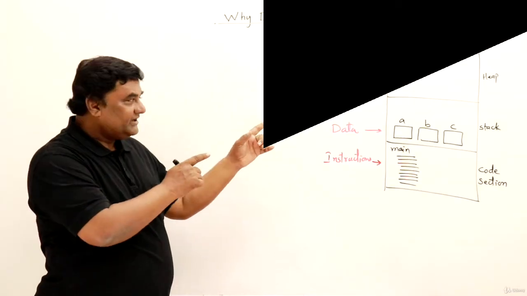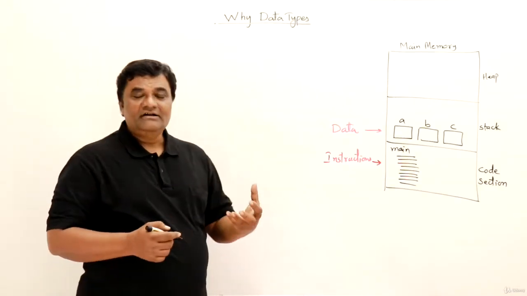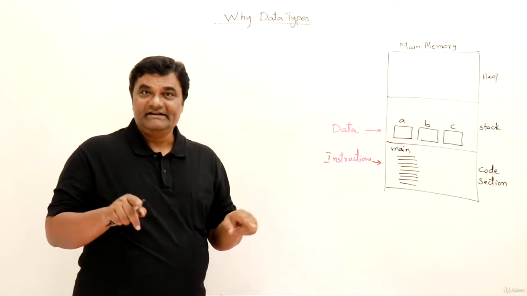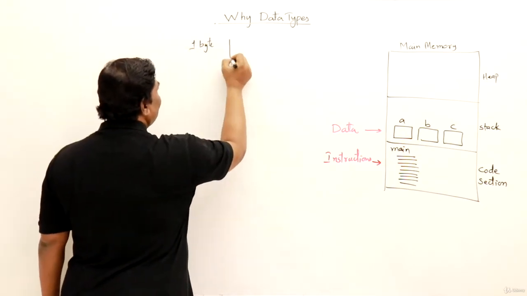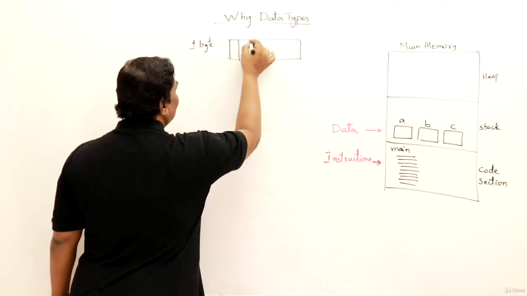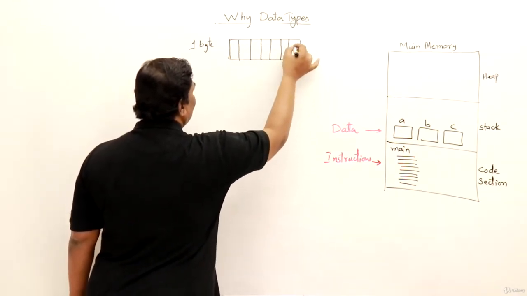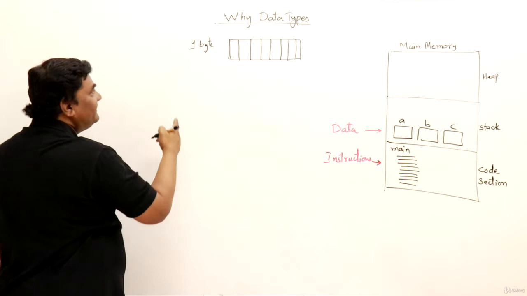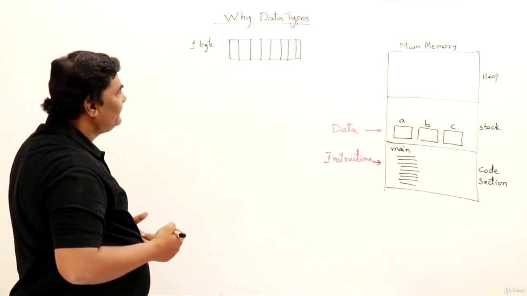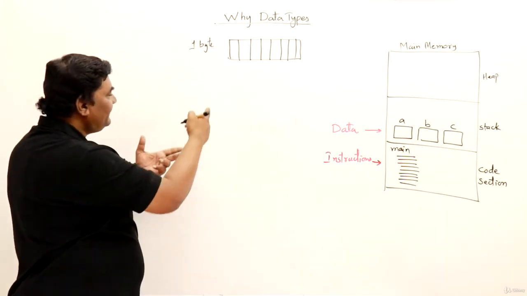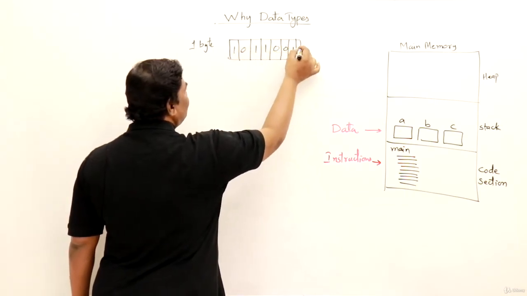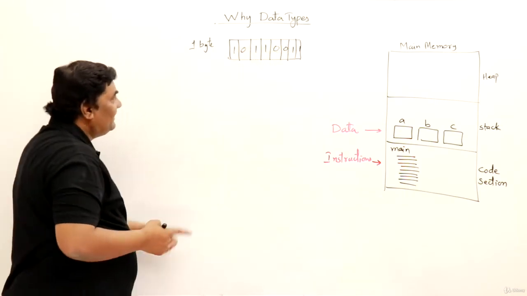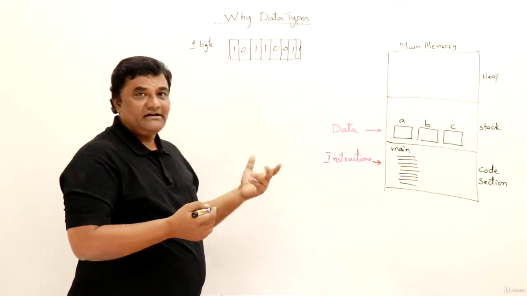When it comes to memory, memory is defined or represented in terms of bytes. So 1 byte is nothing but a collection of 8 bits. So these are 8 bits. So it's a collection of 8 bits, and data is stored in the form of zeros and ones in this. Whatever the form of bits may be, this binary form we say is data.